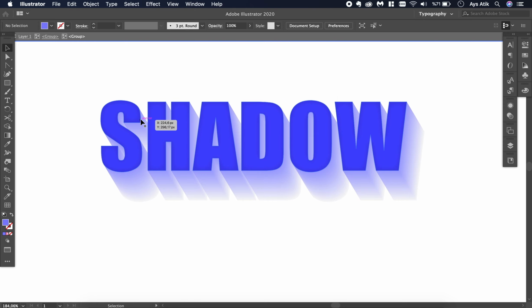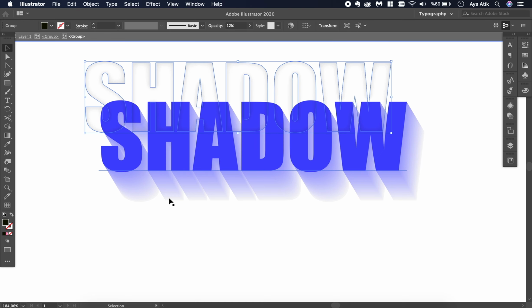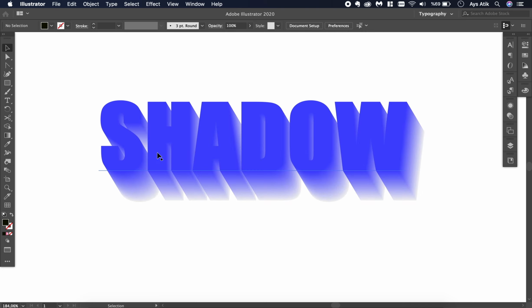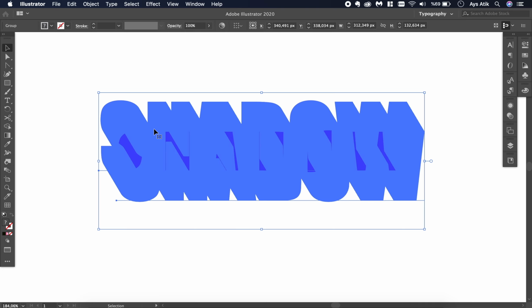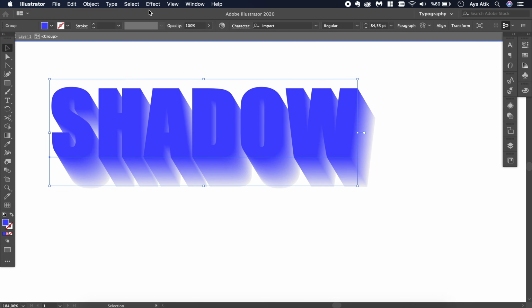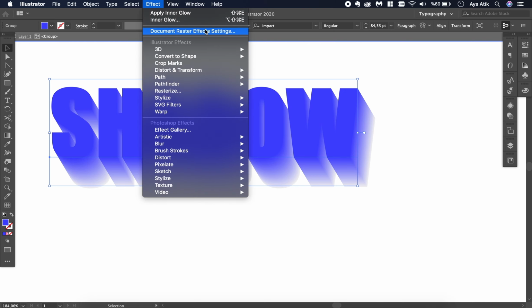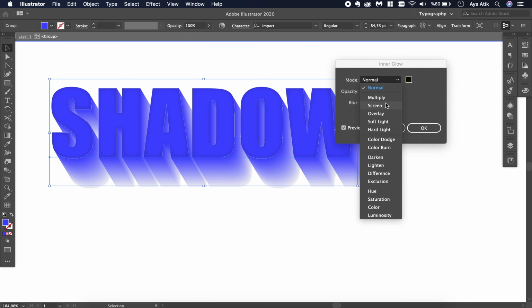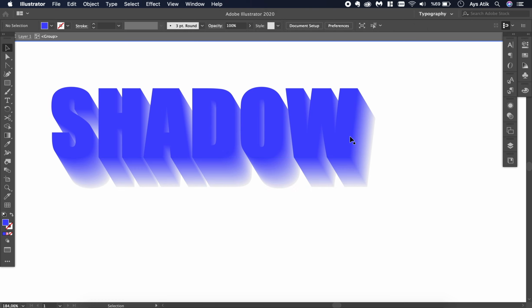And that's why we have a copy. And I just clicked on the effect and deleted it because I didn't really like it. And I go to effect and apply the inner glow again, but it's not changing. And again, there are some really thin white lines. Sorry, that was a